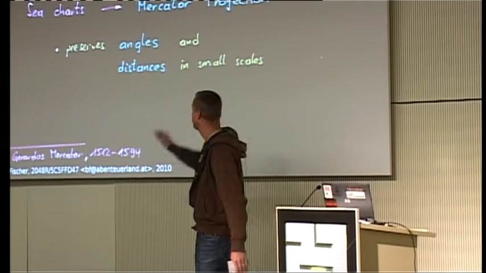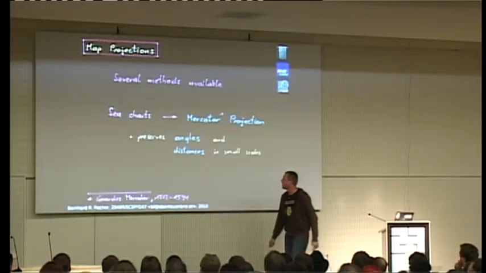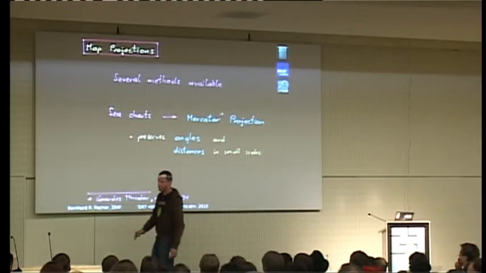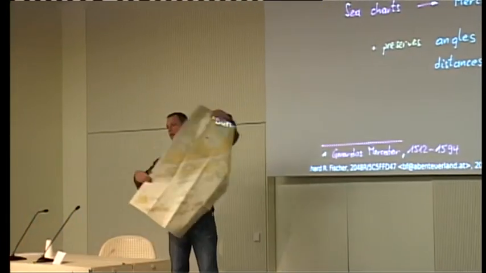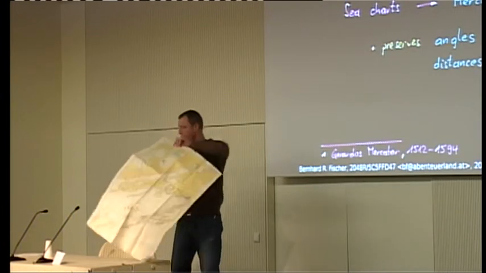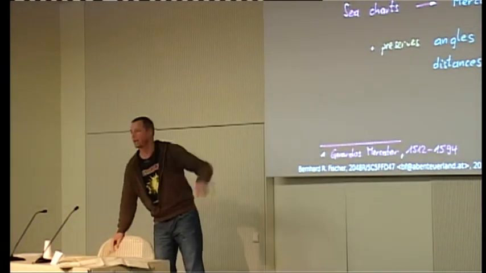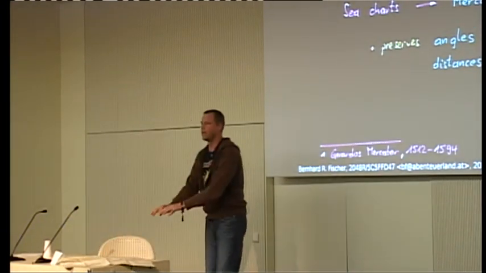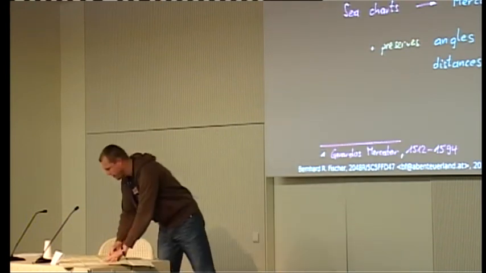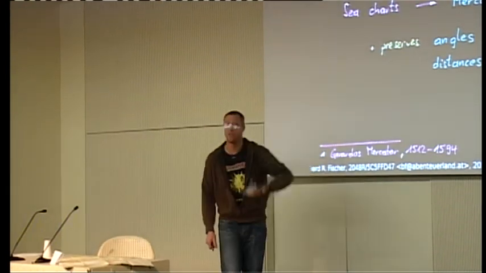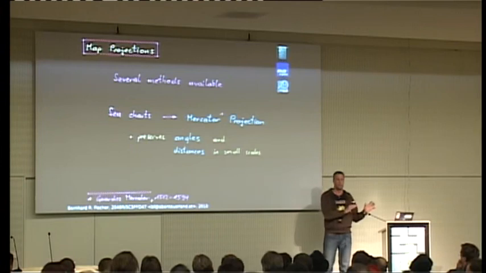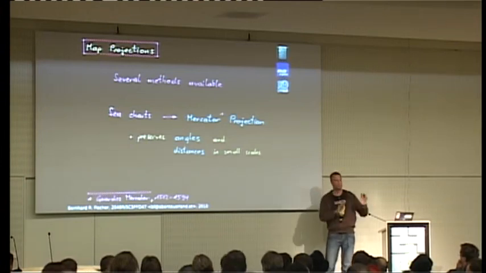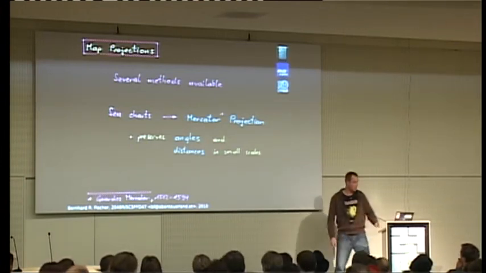So for C-charts, we actually have this, and preserving angles means that I can put a triangle on my map. So here I have a map for all of you. That's a typical C-chart. I have it in the slides later. And you can put an angle, a triangle here, and actually measure, okay, this is 35 degrees something, okay? And it's independent of where on the map you put the triangle. It's true for all positions on the map.